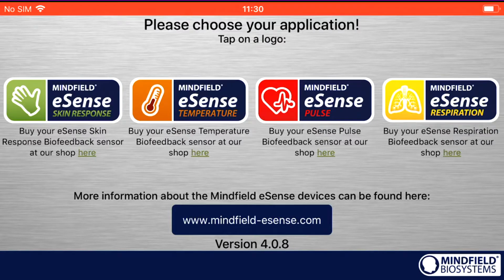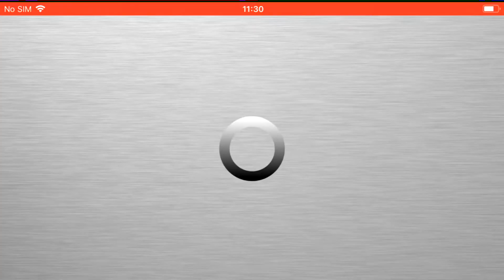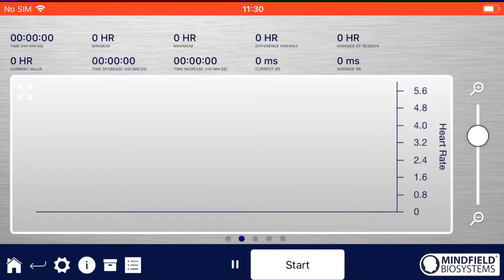You tap on the eSense Pulse logo, and here you see the main screen, in landscape. You can turn your device to portrait mode and you will see a different view of the main screen. The main screen is for a free training. You just press the start button at the bottom and can go ahead with your biofeedback training and measuring of